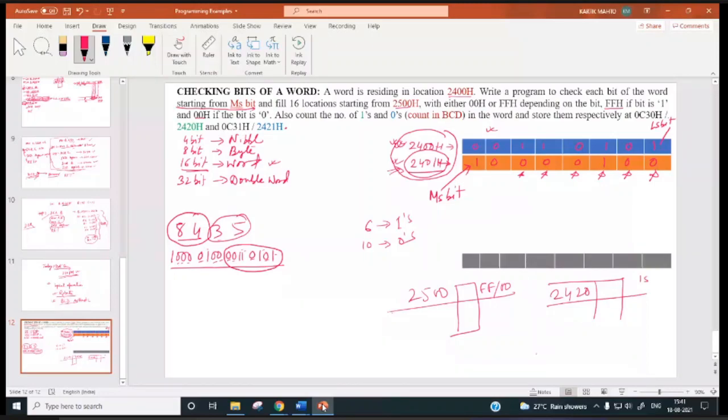How many ones are there? 6. So 06 has to be over here. Right. And at 2421, how many zeros are there? You have to fill 10 over here, the number of zeros.